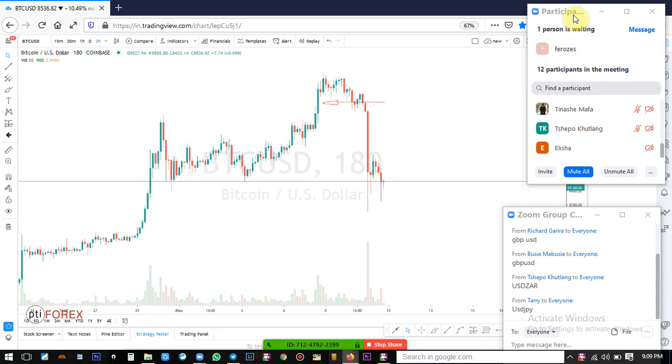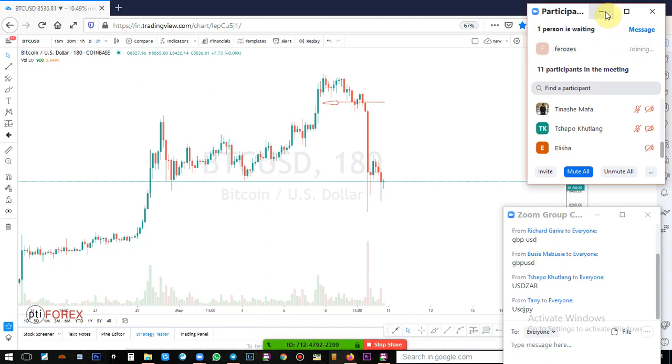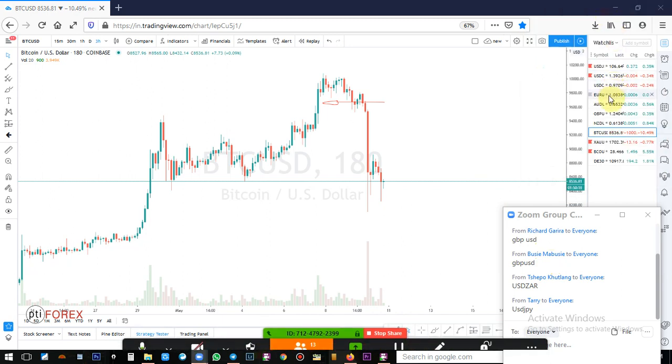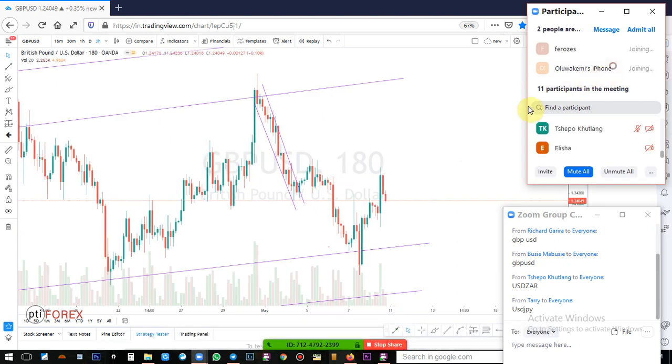So okay, let's start with the GBP US dollar. GBP USD. Okay, here is USD Japanese yen. So